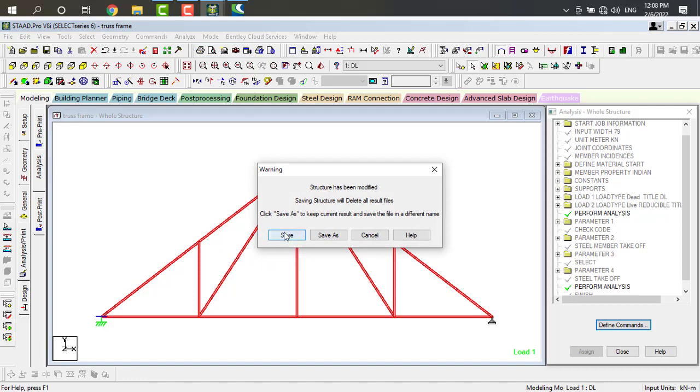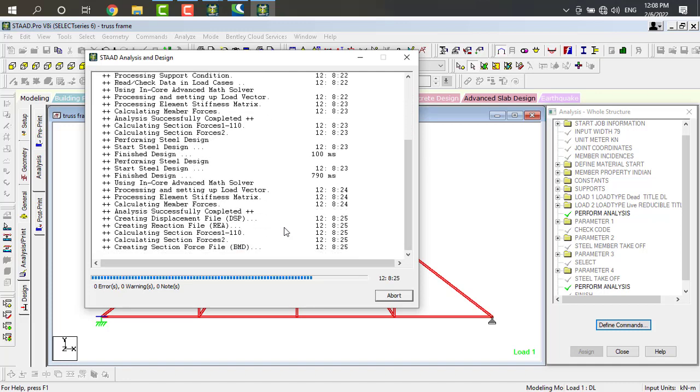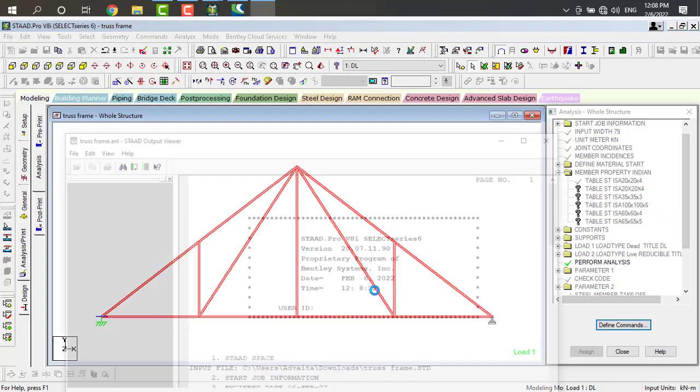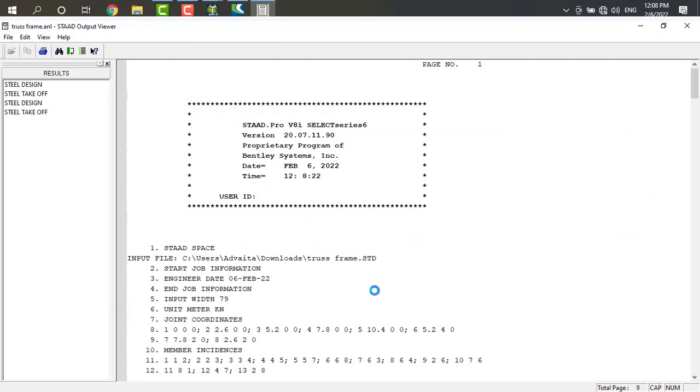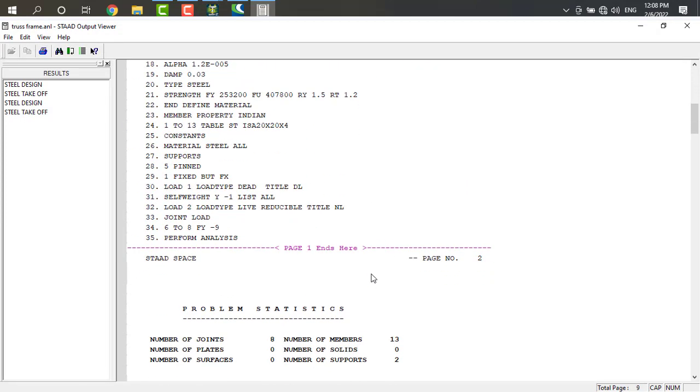After design we have to analyze again to see if there are any errors or not. Okay, here also we don't have any errors. View output file. Yeah, this is the output file of your truss frames, steel trusses.